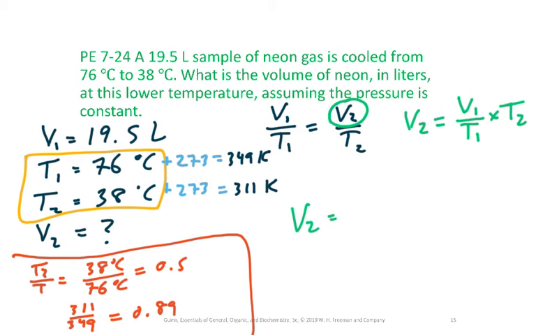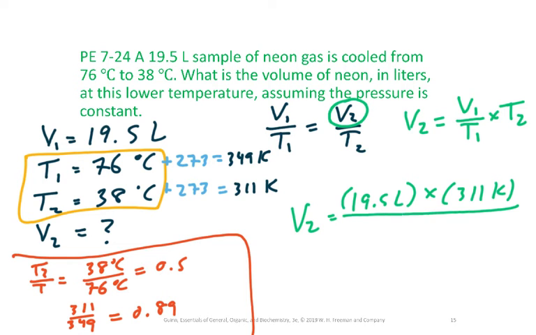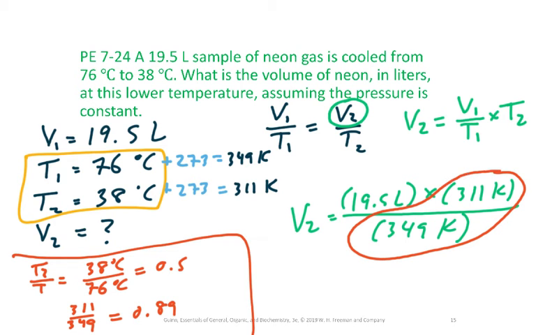V2 is equal to 19.5 liters times T2, which is 311K, and T1 is 349K. So we actually already found out that this ratio right here is 0.89, so the volume should go down by that much, but we can go ahead and plug these in,